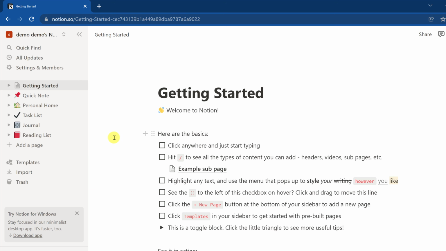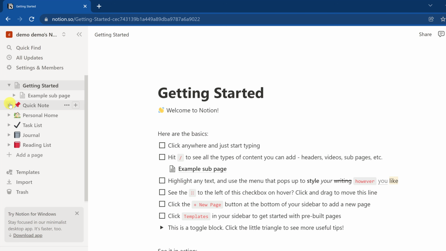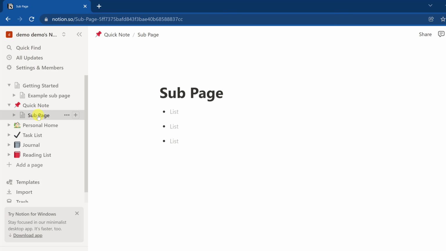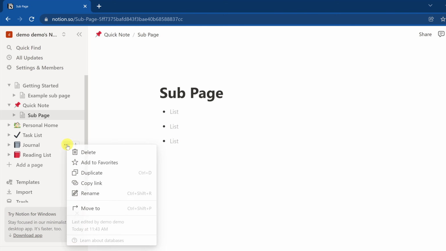Now, what I want to point out when you're using Notion, you have these different pages here, and any of these can be opened up. If I click on the down arrow, you can see that there are subpages underneath these. At any point, if you're using these templates, you can quickly alter them, change the names. For an example, if you didn't want this journal, look, if I hit these three little dots here, I can